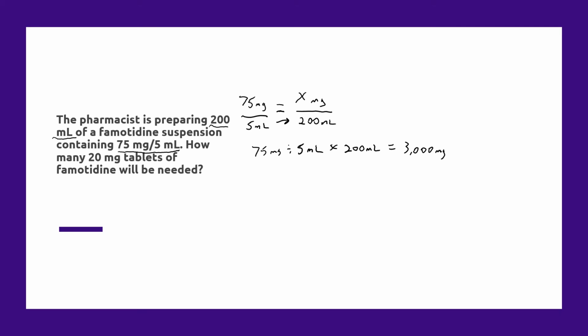The next part's easy. We need to figure out how many tablets we need if each tablet is 20 milligrams. Now, we could do a quick shortcut here and just say 3,000 divided by 20 and we'd have our answer. But to display this in a proportion, to always get you thinking this way, we'll set up another proportion with our X in the numerator on the right. So how many tablets do we need per 3,000 milligrams when we know that one tablet